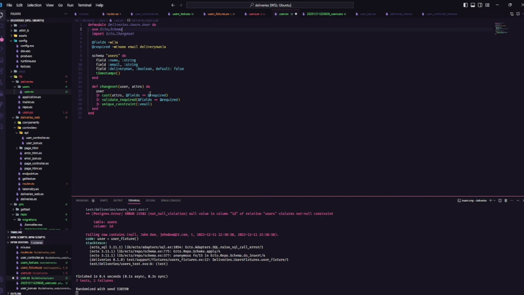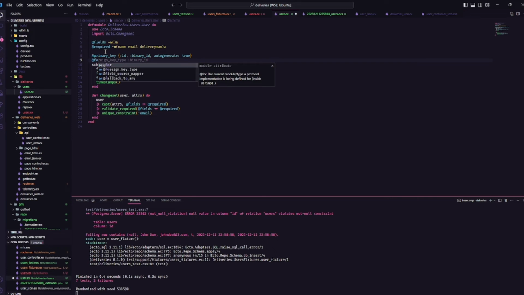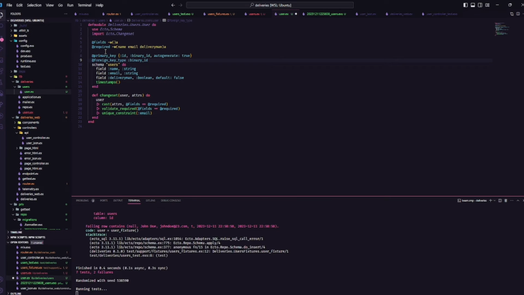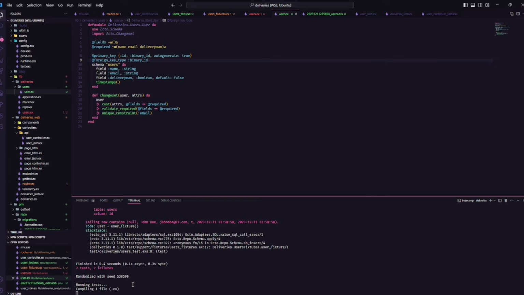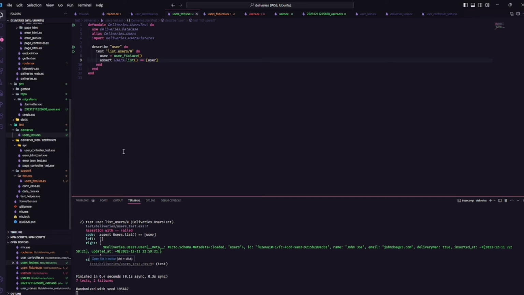And now the error that we have is because we don't have the ID as binary. By default, to define that, we can just add the primary key as a binary ID, auto-generate true. We don't have the foreign key, but let's add this line too. It's the default when you generate files, and you're going to learn it. And there you go. Now our test is working, where we have the user coming from the database, and